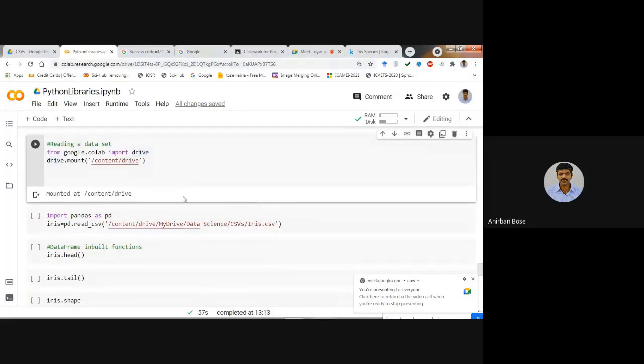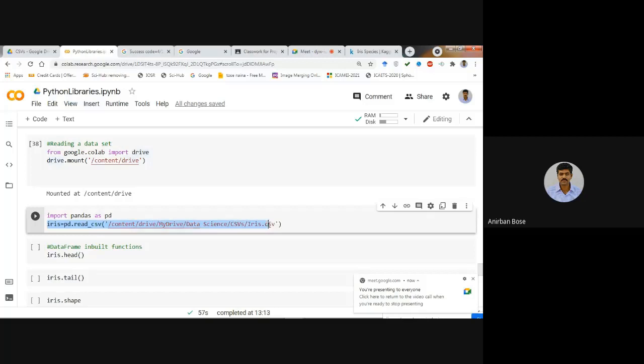So after that, what you have to do is load that particular file. If you are working from the Anaconda Navigator in Jupyter Notebook, you need not go through these few steps. Directly you can load the CSV file by this command. But in Google Colab, first you have to connect Google Colab with My Drive, and then from My Drive you have to select the path of that particular file. So that is why this extra step is required only in Google Colab. That is not required in Jupyter Notebook in Anaconda Navigator.